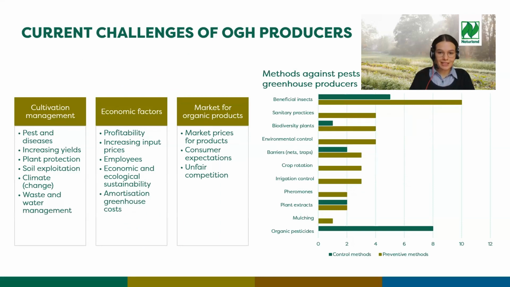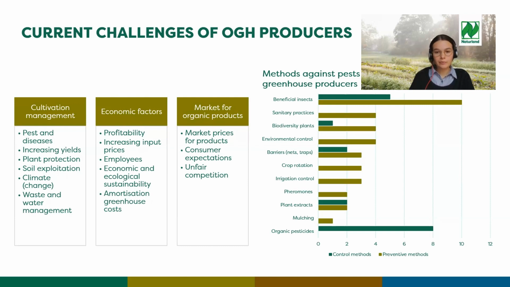And now about the challenges that limit the organic greenhouse farms with vegetable production in realizing more diverse crop rotation. So I clustered them under the 3 main aspects of cultivation management, economic factors, and the organic product market. In the cultivation management, for example, they mention pest and plant diseases, soil exploitation, waste and water management. And economic factors would, for example, include the rising prices of inputs such as fertilizers and pesticides, but also overall